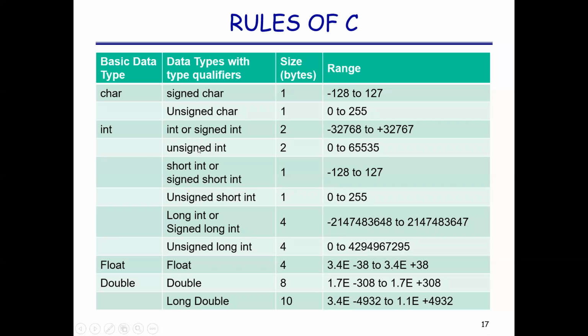What is the very first one? You can write int or signed int. I told you, if you are not using any qualifier, signed or unsigned, then which one does the compiler take by default? Signed. The compiler takes signed by default. If you need the unsigned concept, then you have to use the unsigned keyword. Remember this. Understand? Clear or not? So obviously you can write int or signed int, both are the same. So in this case, what is the size?